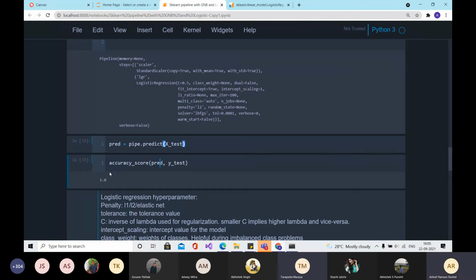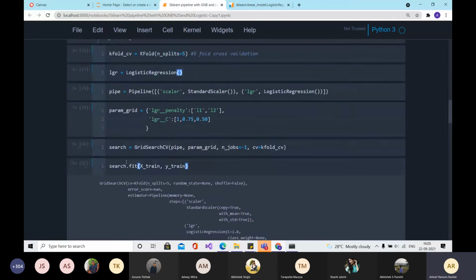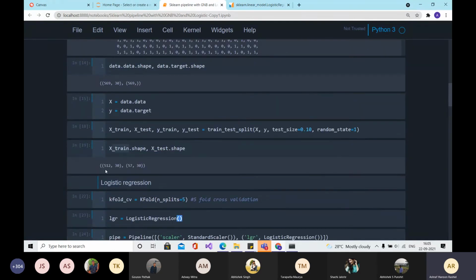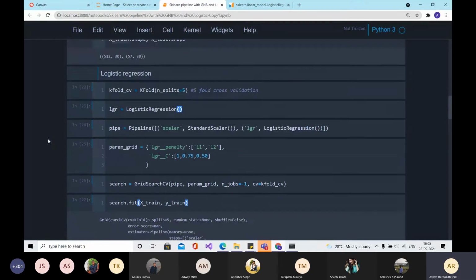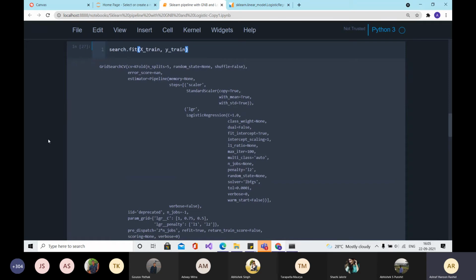Okay, so in that also you are getting accuracy as 1, right? Yes, sir. Yeah, so that might well be possible because it is a very small data set, having just 569 samples with 30 features. So yeah, you could get that.